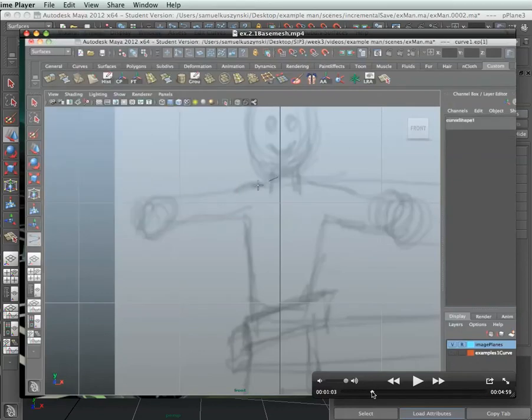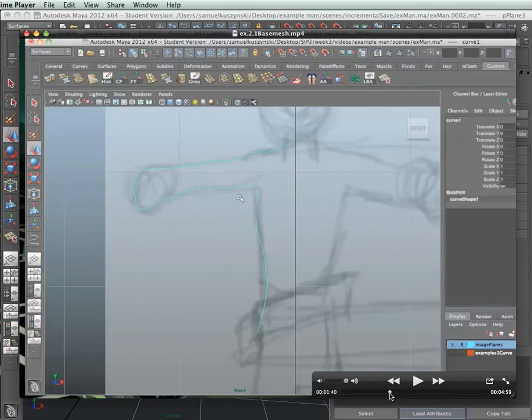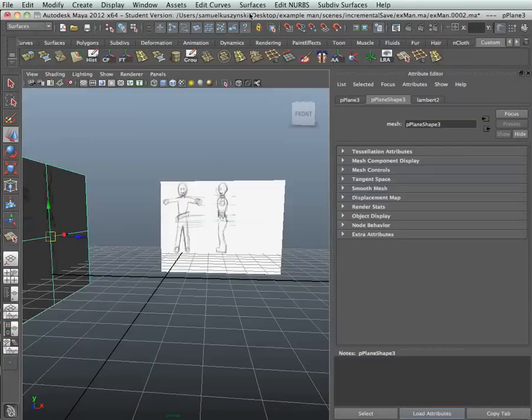Now here's a quick representation of what it would look like as you go through the process. Notice there's an EP curve vertex right there, so we want to make sure that we put exactly the same thing on the other side, as you can see, so that when we create the polygons it makes for a better workflow. Now this is only half of the EP curve. The next thing we want to move on to is